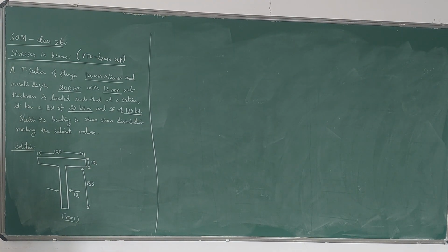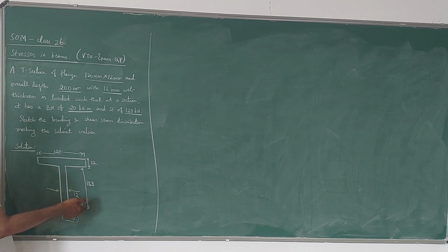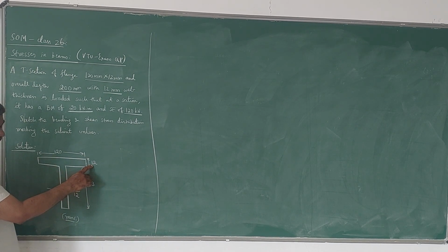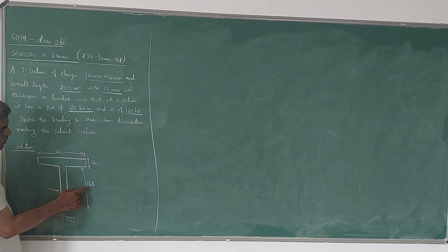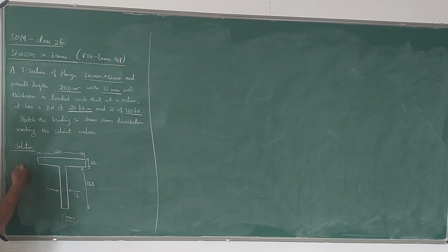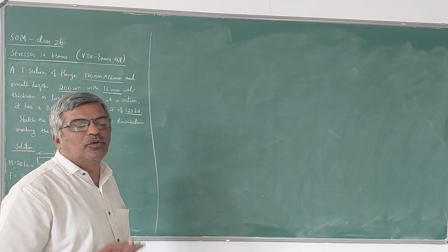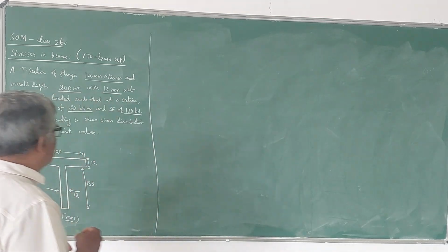Now we will write the section first. So it's a T section, with the flange 120 mm width by 12 mm thickness. The overall depth is 200, so with 12 mm taken by the flange, the remaining web depth will be 188 mm. Total should be 200. And the thickness of the web is 12 mm. At a section in the beam, we have the bending moment value as 20 kN-m and shear force value F as 120 kN. So at this particular section, we have to plot the bending stress and the shear stress